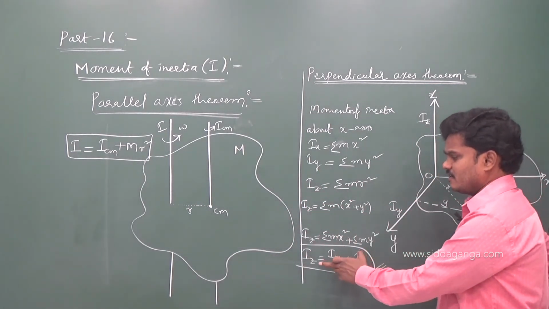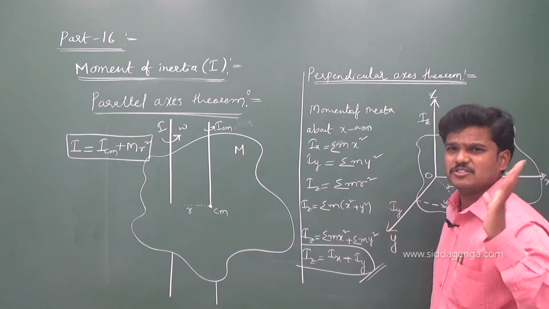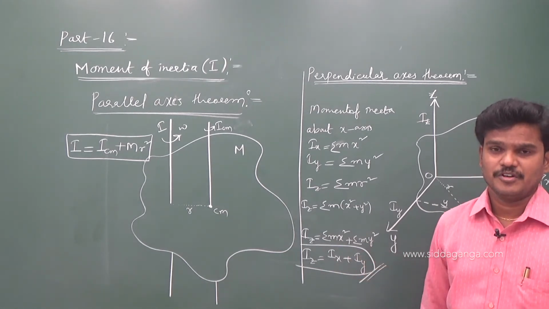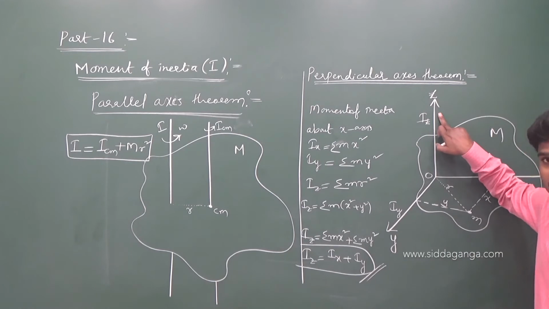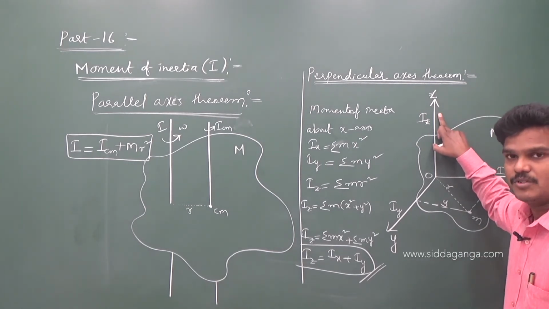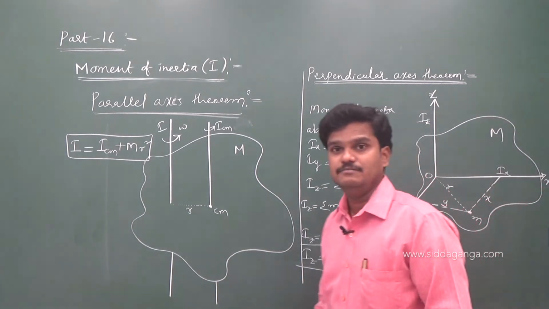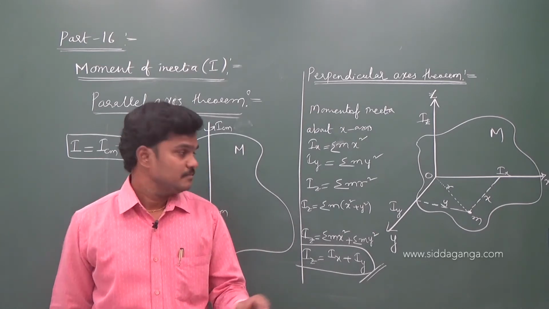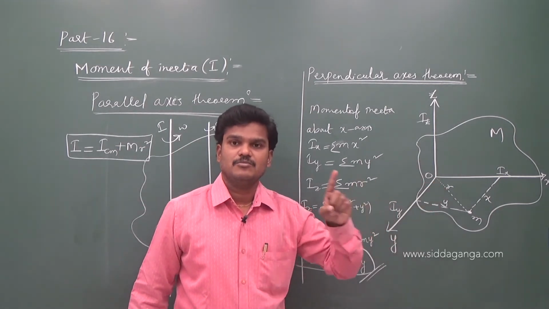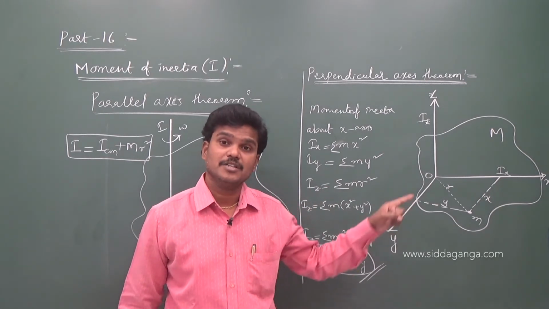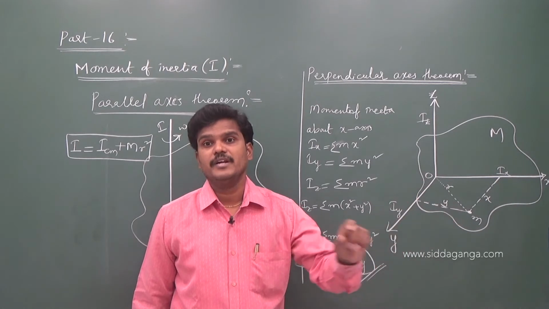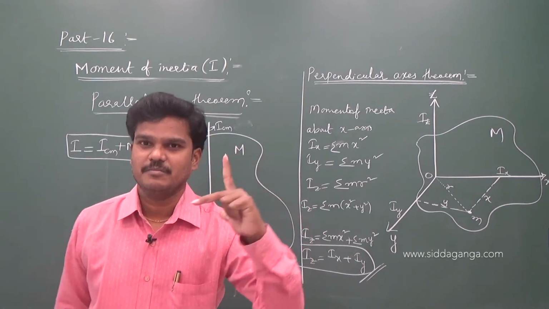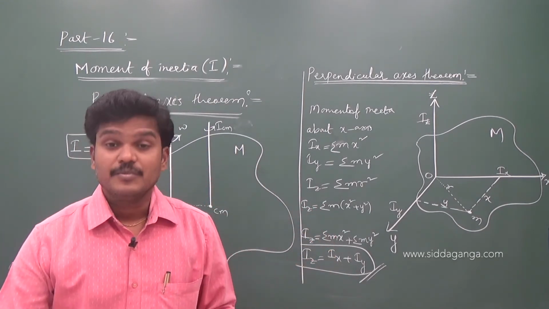The moment of inertia of a plane lamina or a rigid body, plane lamina being nothing but a rigid body, about any axis is equal to the sum of the moment of inertia of the same plane lamina passing through the same point and perpendicular to each other. How about x and y? In x, y, z, are all three perpendicular or not? All three are everywhere perpendicular to each other.